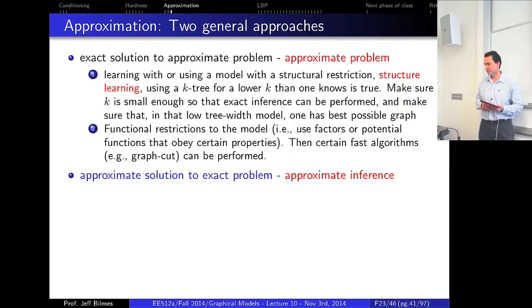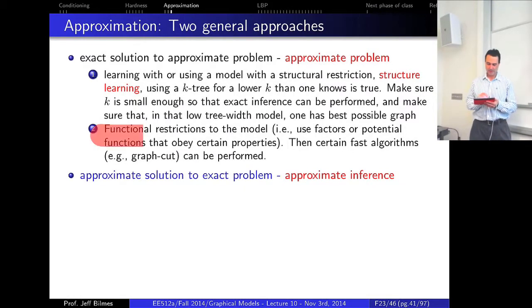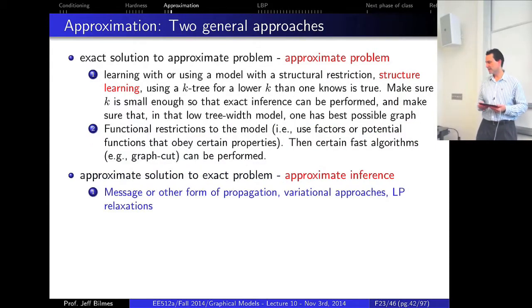So another approach is to do sort of an approximate solution to an exact problem, which is maybe called approximate inference. This is the dominant theme that historically has happened in the machine learning community up to maybe more recent days, when I think there's a lot of interest in doing this stuff right now. But what we're going to be talking about in this class is approximate inference, like other forms of propagation, variational approaches. We'll be talking a lot about that, and